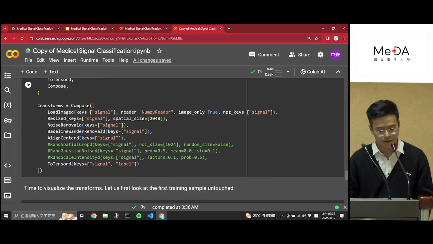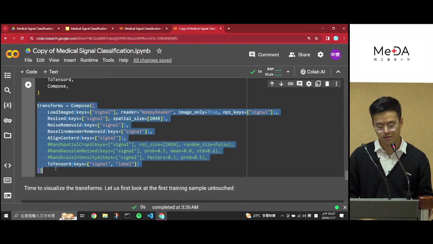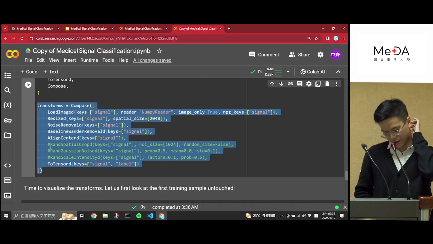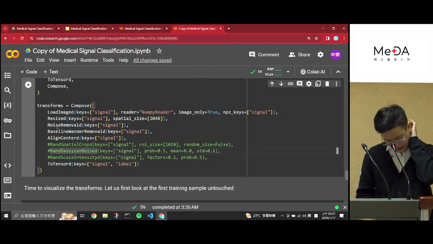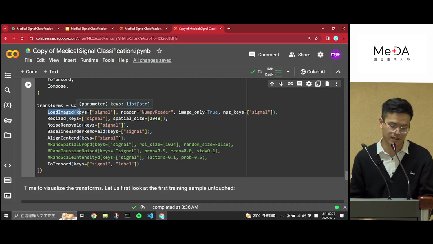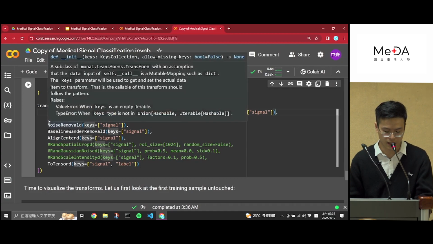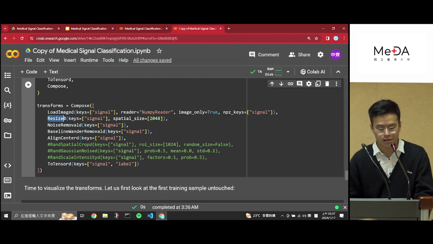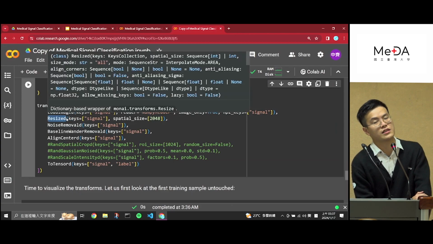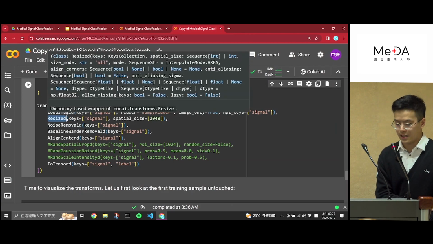And this is the official transforms that we are using today. So you can kind of see it loads the image, sorry, it loads the signal, and then it resizes it. Because the signal is 30 seconds,